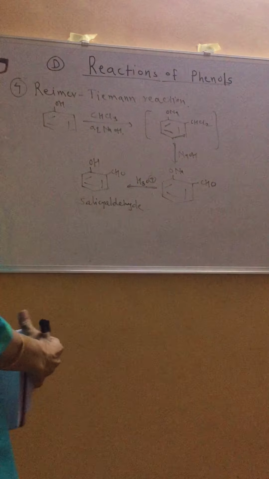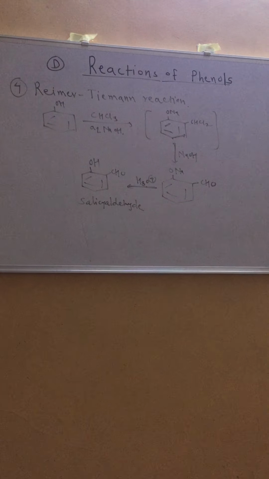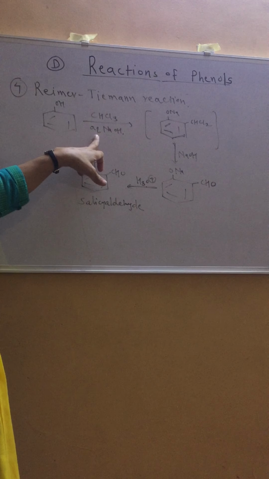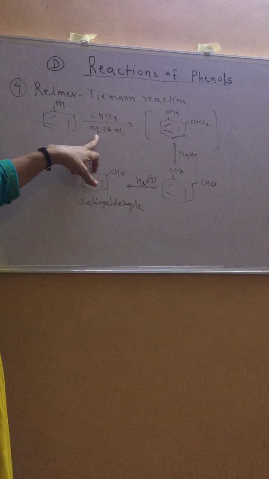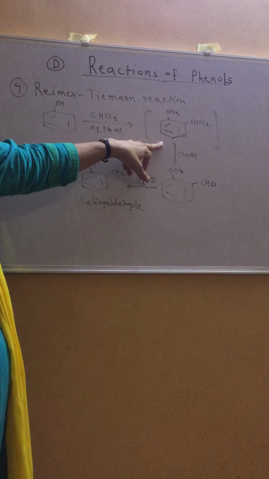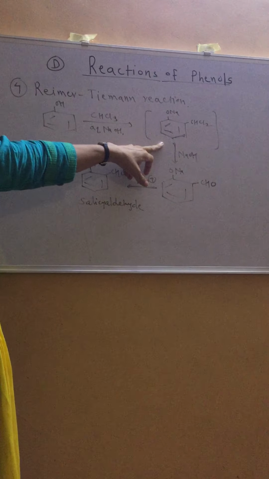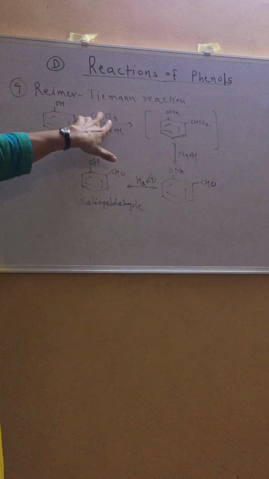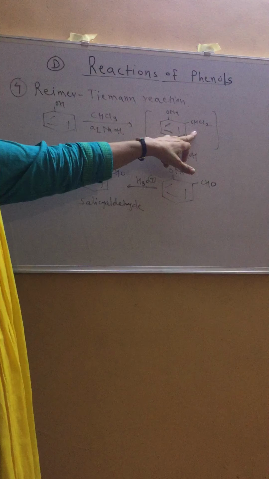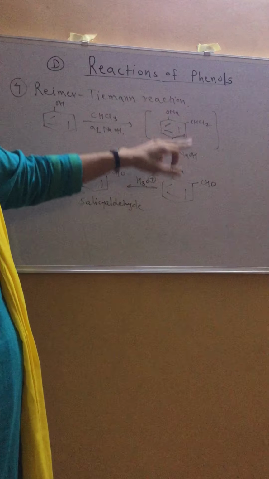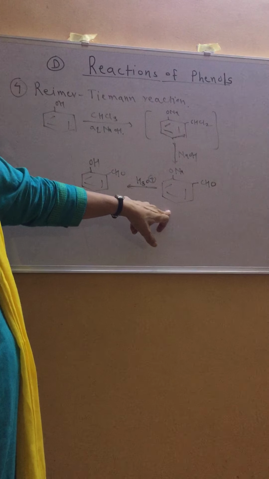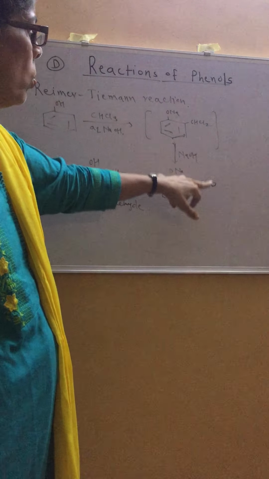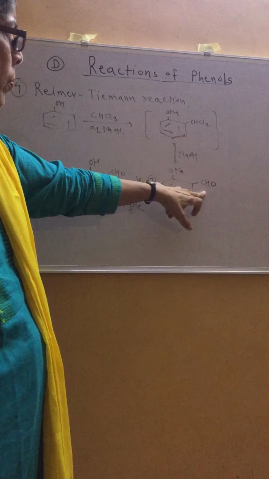See the reaction again. Reimer-Tiemann reaction. Phenol, when treated with chloroform and aqueous NaOH, alkali, we will get an intermediate. What is the structure of this intermediate? OH is converted into ONa, and CHCl2 from chloroform takes ortho position. When it is further treated with alkali, this ONa group is retained and this is converted into CHO, oxidation.